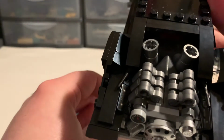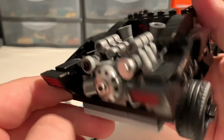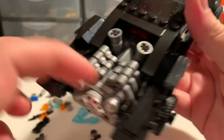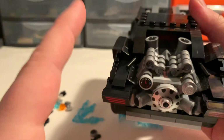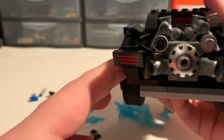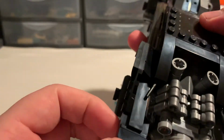And the place that these are actually used is very obscure. It's actually at the back, just here. There's 1 there and 1 there, just held in place with clips under there. And as far as I can tell, they represent parts of the roll cage. So it's such a tiny little detail. They don't come dislodged too easily, which is really nice, actually. And yeah, there's just a bizarre little detail, but it's very nice, very small, very unnecessary, but I'm kind of